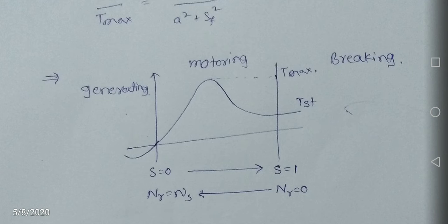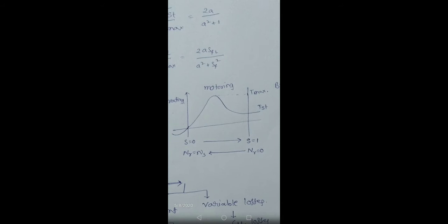So in the torque slip characteristics, when the machine is starting, under starting condition S equal to 1 and NR equal to 0. So when S equal to 1, that means slips are higher values. When slips are higher value,